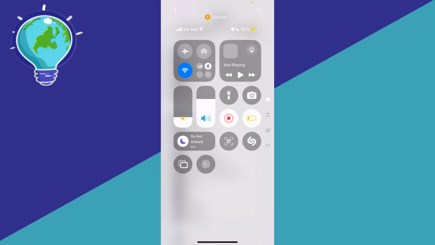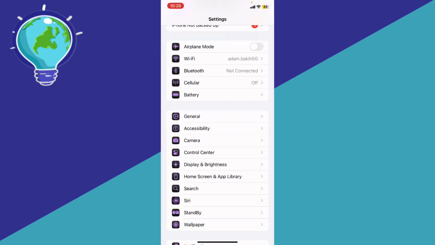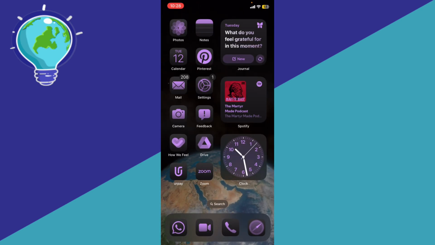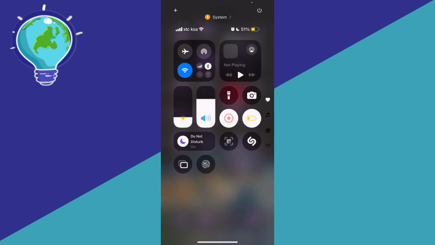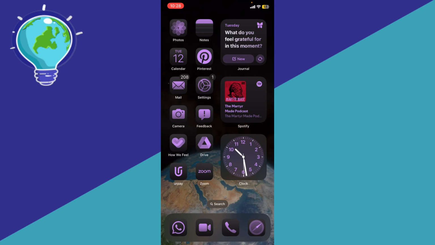Another way of doing it, you can just go back to your screen, okay? And then basically go to any app that you use for music, right? And then play the music, and you're going to be able to see it plays on your screen, and you're going to be able to basically turn on the Shazam or music recognition, and you're going to be able to see a pop-up notification of the music. All right,